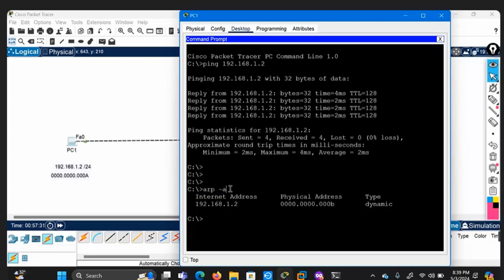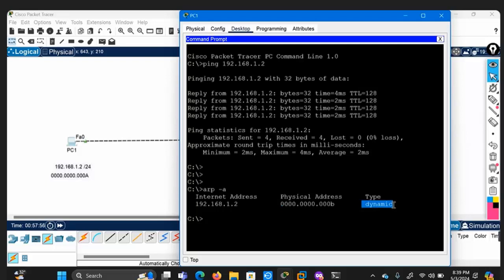To see the ARP table, there is a simple command, arp -a. You need to see these things: IP address, and for this IP address, the MAC address is this 0000.000B. This is the 48-bit MAC address.